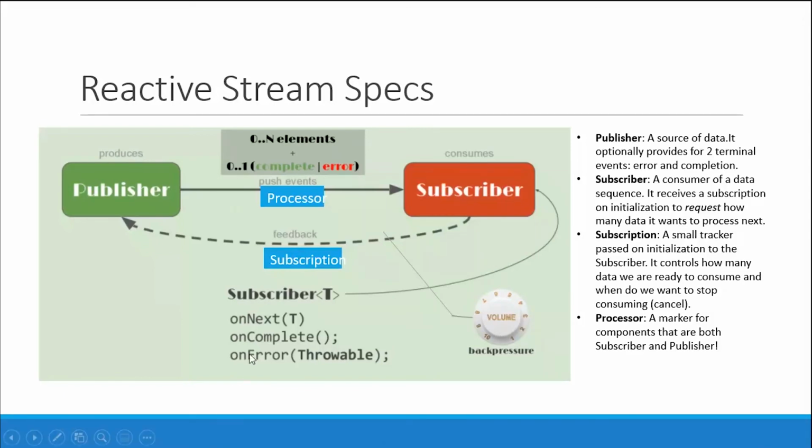On the subscriber we have onNext, onComplete and onError methods. When the publisher pushes data, the subscriber always calls the onNext method. So if we have two elements and then an error, it will call onNext two times and then throw an error. If there is no error, it will call complete and this process is done.